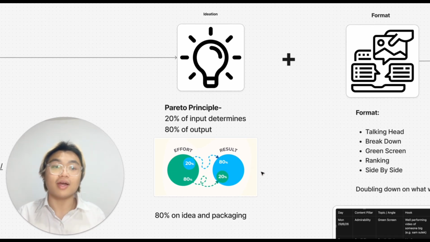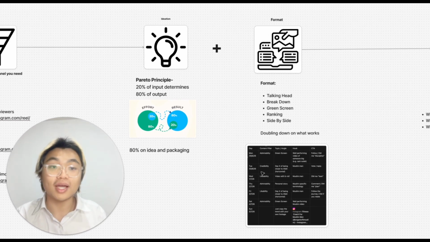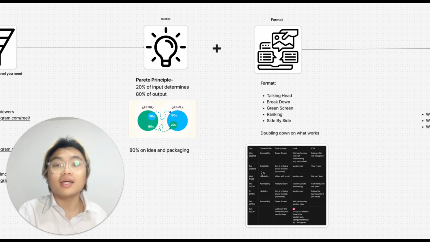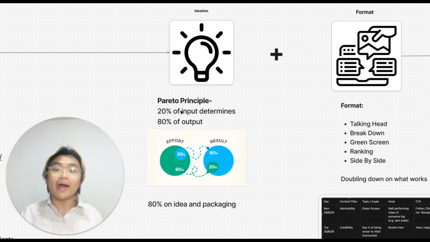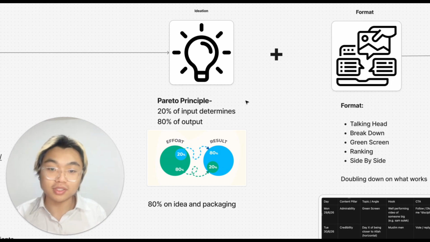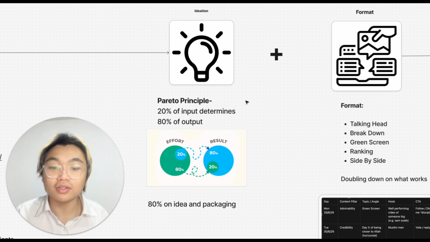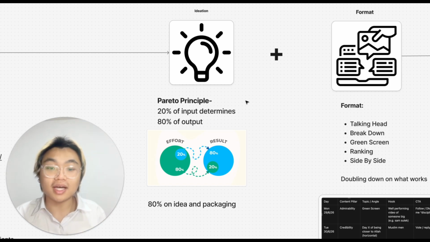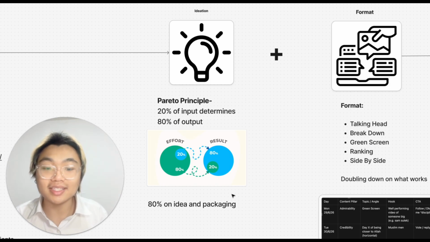After that, now we've done the market research and figured out which funnel we need. I want you to start doing ideation and finding out the format. When you start with a video, it's really important to spend a long time ideating. Why? If you don't know Pareto's principle, it says that 20% of input determines 80% of your output. How this applies to content is that most of the time, people spend lots of time on things that aren't actually determining the majority of the output. People spend loads of time editing or on subtitles. But the most important thing is actually the idea and packaging.